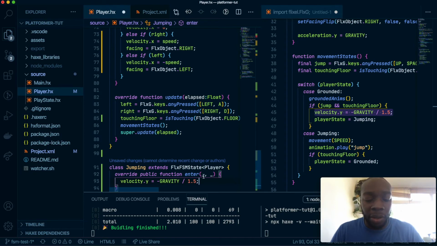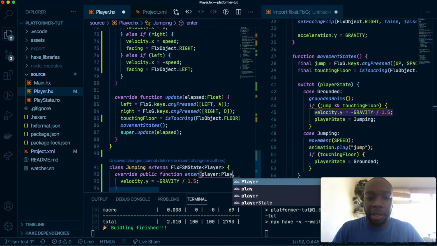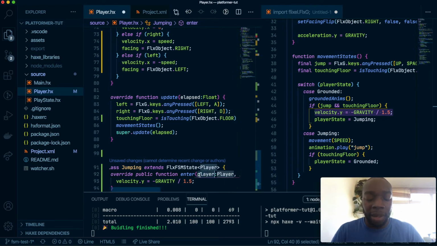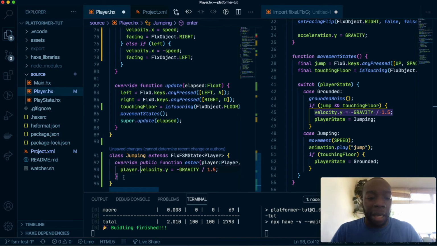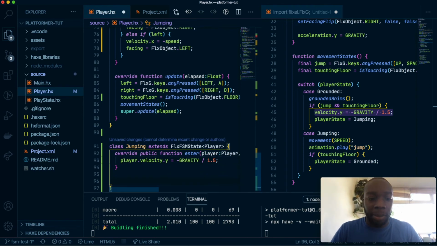Cool, and then you can see why we need to have the player, which should be a type of player, and then we'll have player.velocity. Why? When you jump, similar to here, when you enter the jump state, the player will jump immediately, and then when the player is in the air,